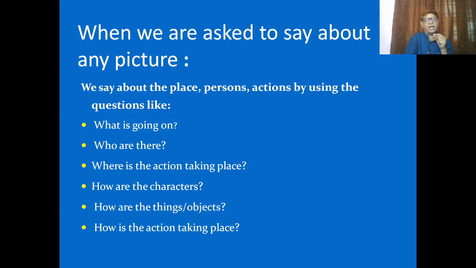If we ask questions like how are the characters, for example, how is the girl, how is the umbrella, how is the kitchen, that means by using these questions we can elicit some describing words. So whatever it may be, whether it is a naming word or action word or a describing word, children will normally have such ideas in their mind. For them, a word or a phrase or a sentence is an idea. So if they say a word, then we need to say it aloud in the form of a sentence.